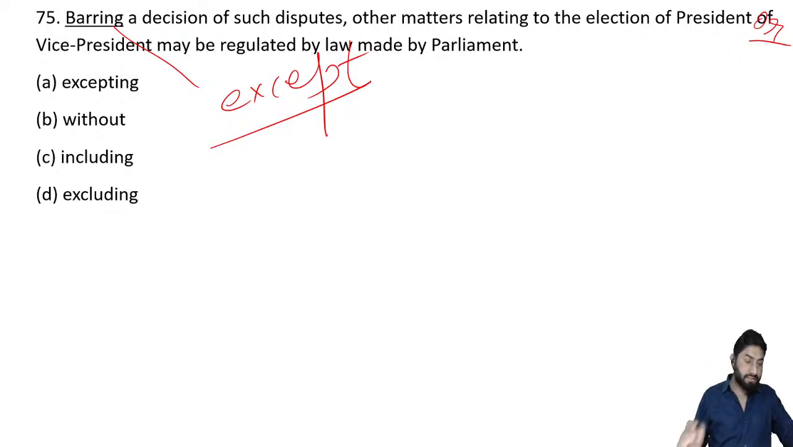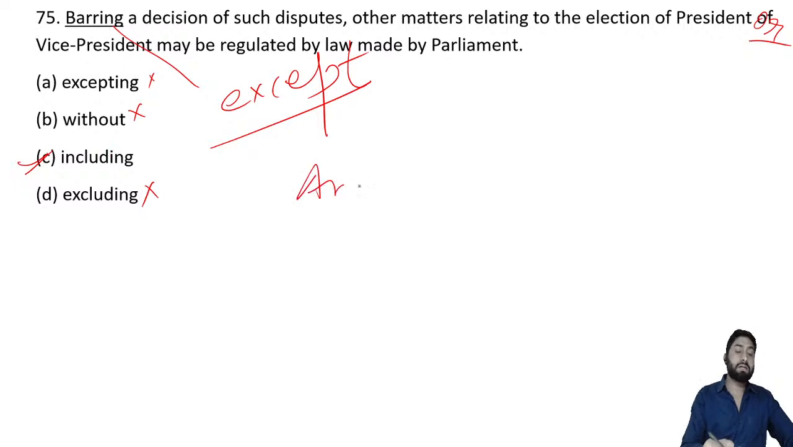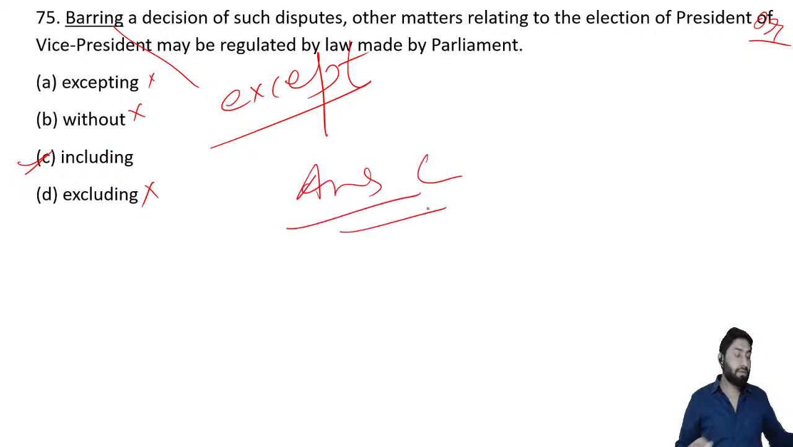सो बारिंग उस सेंस में, सी इसका ऑपोजिट अगर हमें ढूंढना है, इंक्लूडिंग, क्योंकि एक्सेप्टिंग भी सिमिलर हो गया, विदाउट भी सिमिलर हो गया, एक्सक्लूडिंग भी सिमिलर हो गया, सो इंक्लूडिंग। सो द आंसर इज सी। लेट्स मूव टू द नेक्स्ट वन।